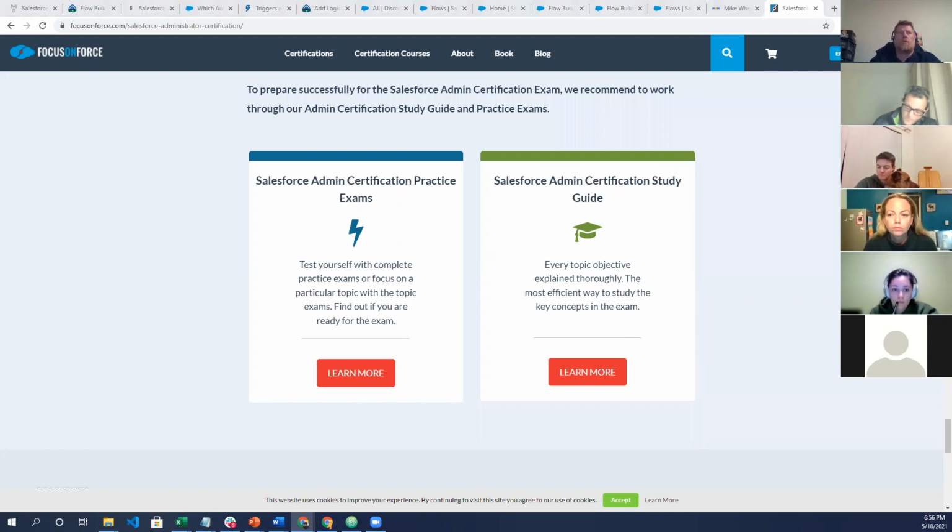What I was going to show you, it was finally down here, which is they do practice exams, Focus on Force do practice exams, and they do a study guide. They work out to be about $18 each or thereabouts. Martin, who creates them, I believe is in Queensland somewhere at the moment. Really nice guy. Is he northern New South Wales or Queensland? And these practice exams for $18, considering a lot of the exams are 200 US, so about $300, are really good value. There's not a whole lot of places that